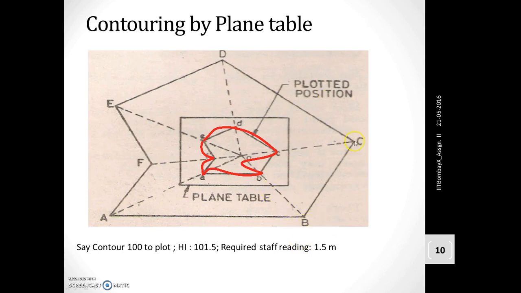The same process can be done with C, D, E as well as F. Now we have to plot all these points A, B, C through to reach A again by a smooth line, as shown in red here. This will give the contour of 100 meters. A similar process can be done in order to have contours having different values. I hope the information will be useful to you. Thank you.